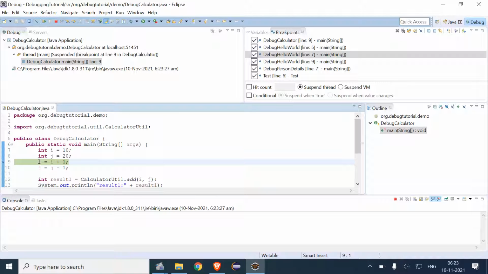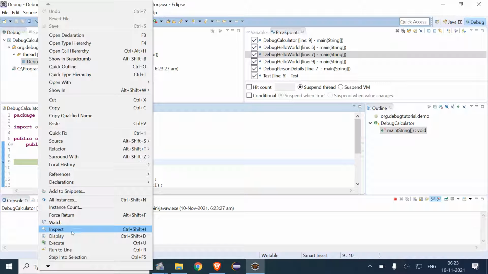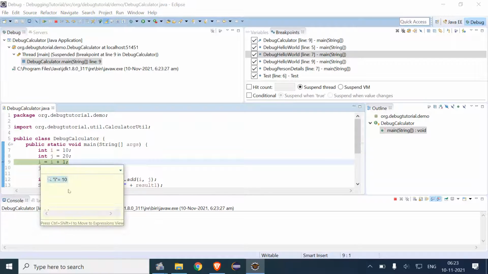I can directly select i, and I can just right click, and click on inspect. So I will just get the value of i as 10, because i is initialized to the value of 10. So this is how inspect works.